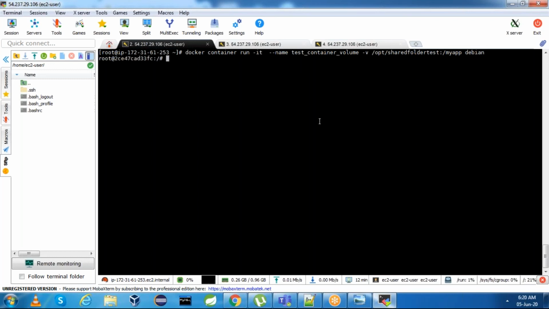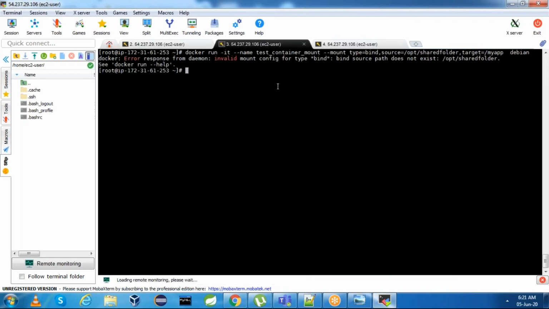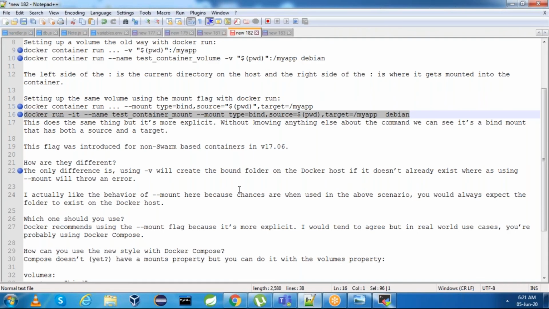See, it created automatically. But for the same path, if you use mount option, unless that path is existing before, it will not create the mount. This is the main difference between volume and mount option. If you give any folder for volume, it will create even though it doesn't exist.